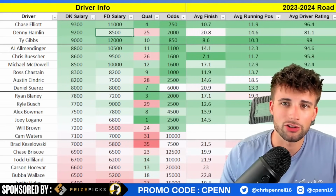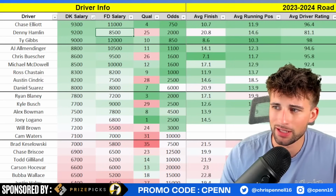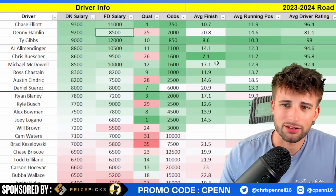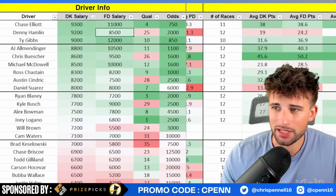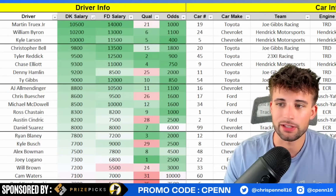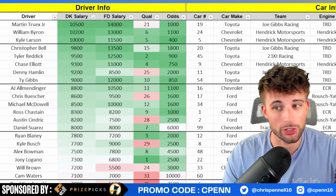Was crushing Sonoma last year, qualifying the pole, led the laps early on, then ended up wrecking and hit the wall and ended up DNFing. So it wasn't a great day, obviously, but I think he can improve upon 25th. So if you're just looking for a cheap play with place differential upside, I don't mind Denny, but I just feel like with the name that he has and the starting position and the price being lower than it usually is, especially over on FanDuel,